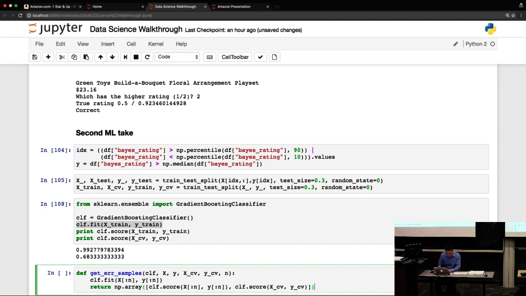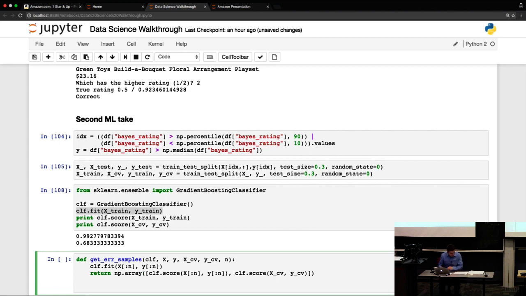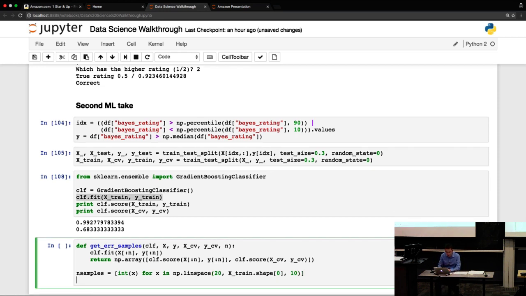Okay. All right. And now I'm going to think of a bunch of numbers of samples. So let's say my samples is going to be in x. Let's vary this from like 10. You can't start with too little. If you start with too little, you won't be able to do anything, and there probably isn't even one of each class. So you want to have at least some. Maybe 20 is actually a better amount. And then up to x train. And I'll take like 10 steps between there. So I'm going to evenly divide the range by 10, convert it to integers, and there's my number of samples. And now my errors is going to be